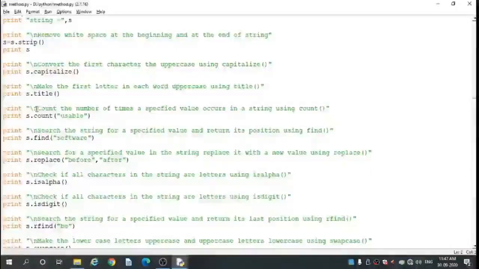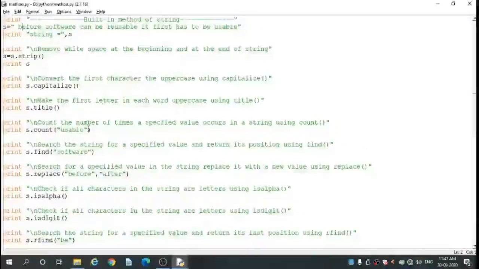Next, print in double quote \n, count the number of times a specified value occurs in a string using the count method. So here print s dot count in brackets, double quote usable, close the double quote and close the bracket. The count method is an inbuilt function in Python that returns the count of how many times a given element occurs in a list or a string.